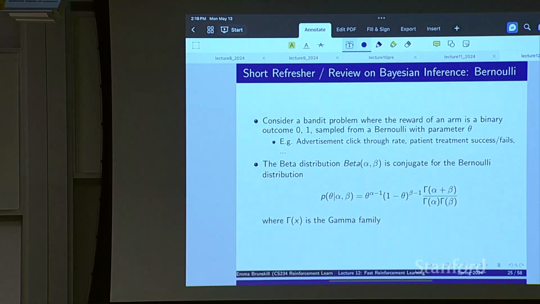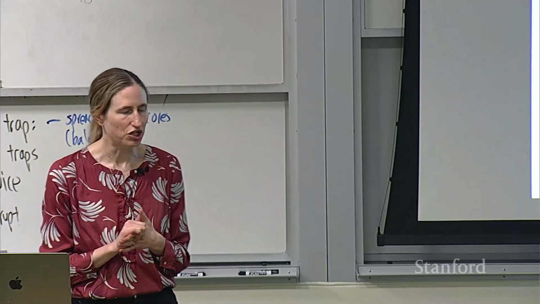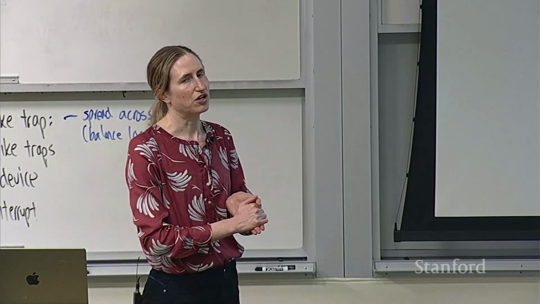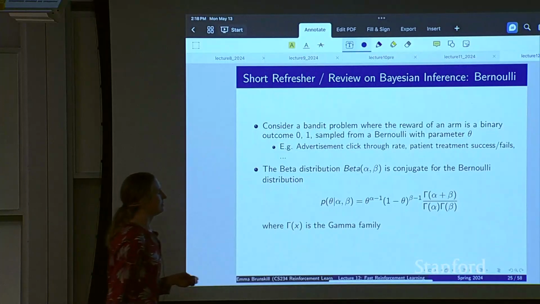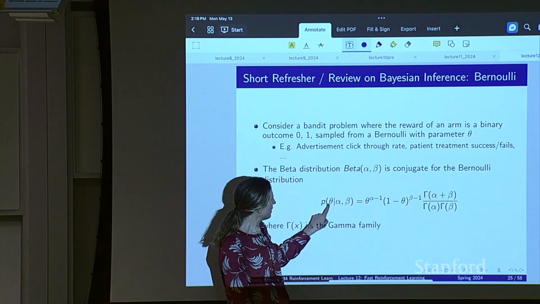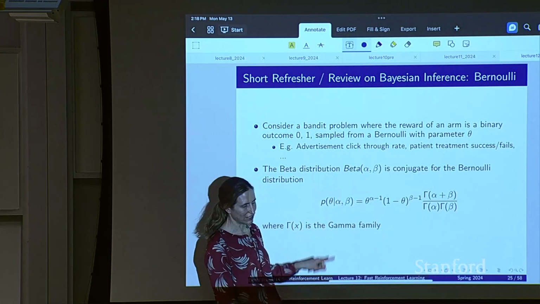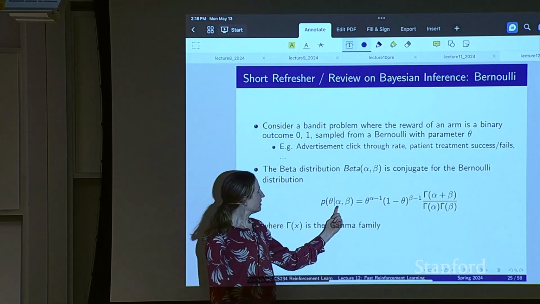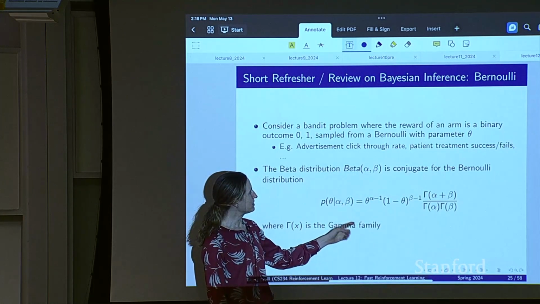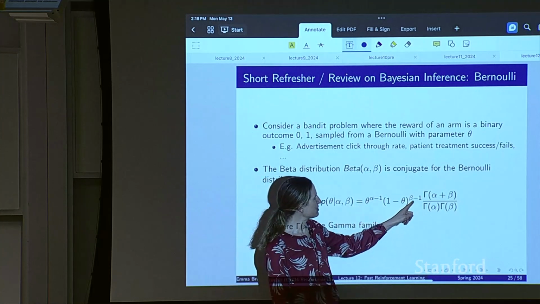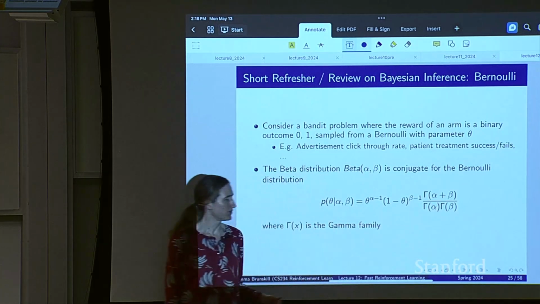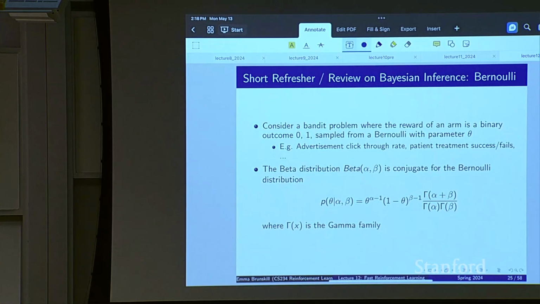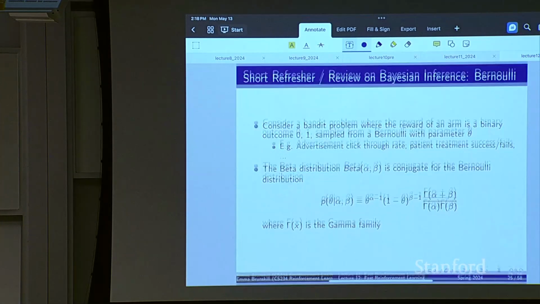Okay. So let's see how to do this for Bernoulli. For Bernoulli, there is a conjugate prior, which is really cool. The conjugate prior is called a beta distribution, and it's going to have a really nice, beautiful interpretation that we'll see in just a second. The equation looks terrible. The equation says the probability of a particular theta, remember this is the bias of your coin, given some alpha and beta, these are just two other parameters, is theta to the alpha minus 1, 1 minus theta to the beta minus 1, times the gamma function of alpha plus beta divided by gamma of alpha, gamma of beta. Okay, so this looks fairly terrible, but it is conjugate, which means that after we observe something, our new posterior is also going to be the same.